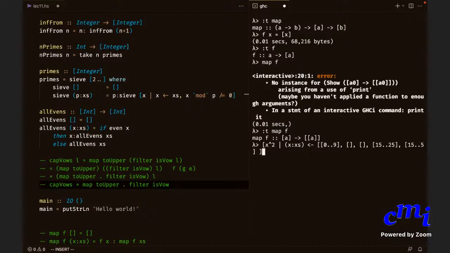So now I have a list of five elements. First element is 0.9, second is empty list, third is empty list, fourth is 15.25, fifth is 15.5, which is also an empty list. Now I am saying pick out all the non-empty lists in this list I have given and form the squares. What do you think the result would be now?